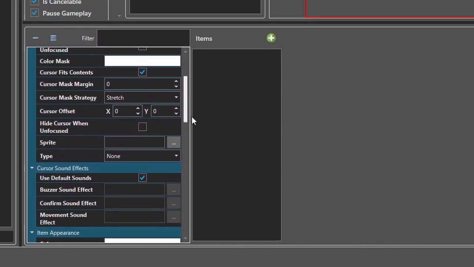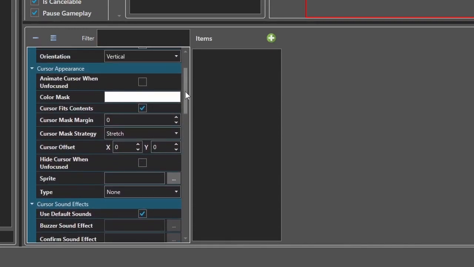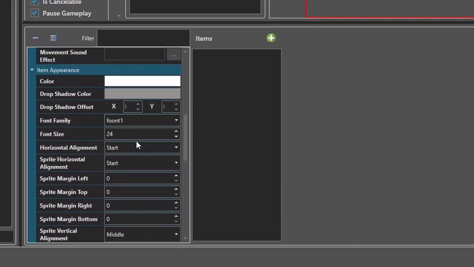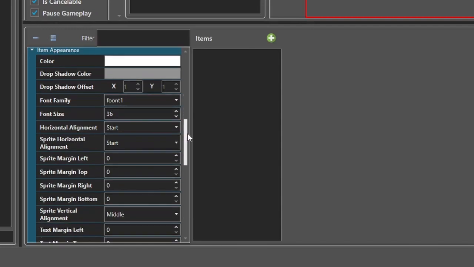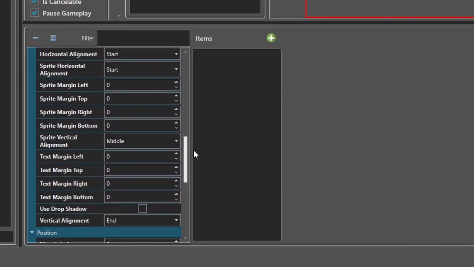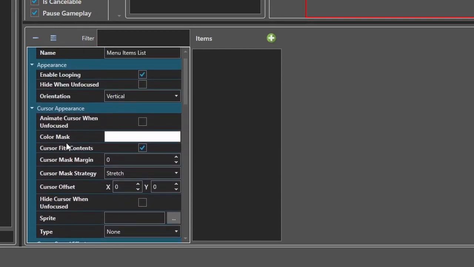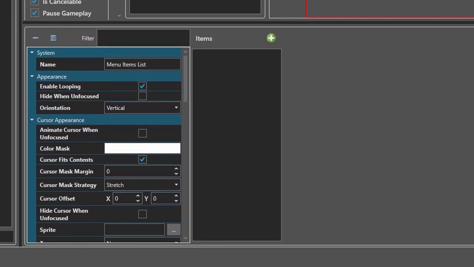Okay, we got cursor appearance. I don't need that just yet. We'll come back to that. Here we go. This is what I was looking for. Item appearance. We got font 1 selected. Geez, that's hard to say. I'm gonna up the font size to 36. I have a feeling. Yeah, I'll tweak some of these settings in a minute, but when you have your list,